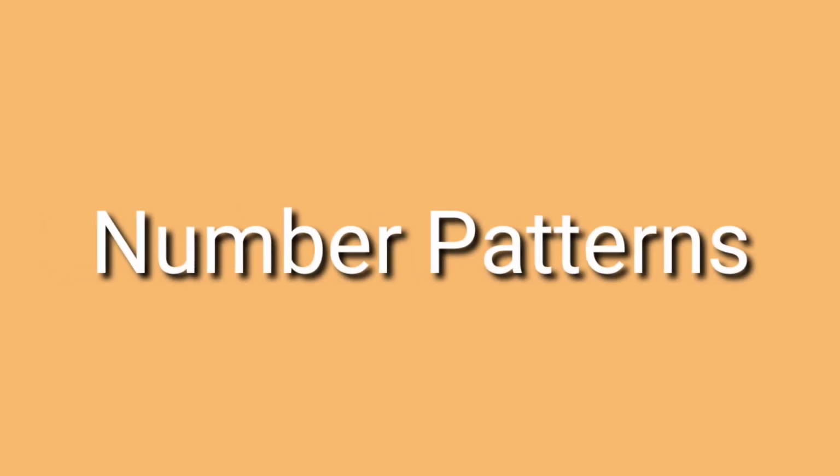Next, let us move on to the next topic, number patterns. We know that repeating shapes can make a pattern. Children, numbers can also form patterns. Look at these numbers: 25, 30, 35. Here we need to find the next three numbers. Here we know the difference of these numbers. To get the next number, we need to add 5. Children, do you know the next numbers? Yes, 40, 45, 50.